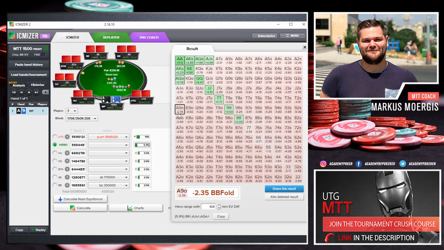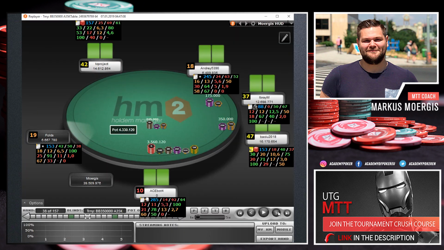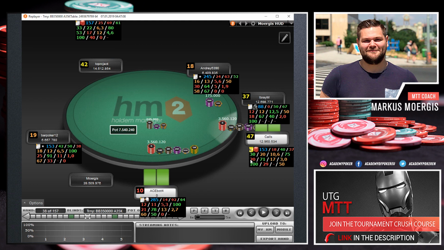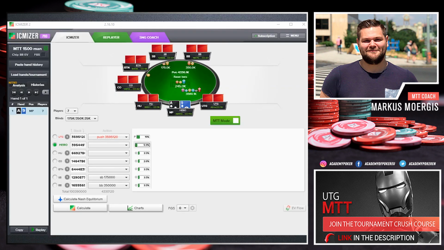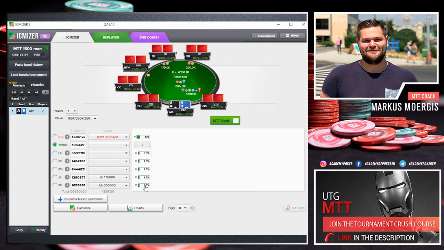We see ace-9 would be a pretty bad call. So I think what we did is right to just go for the fold. And let's see how this hand works out. Actually, the big blind decides to call. Now, a short look at the big blind. For that, we just change the position here. Or actually, we can just see now if we,